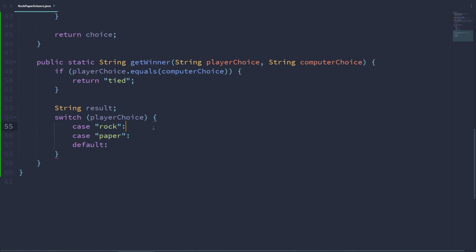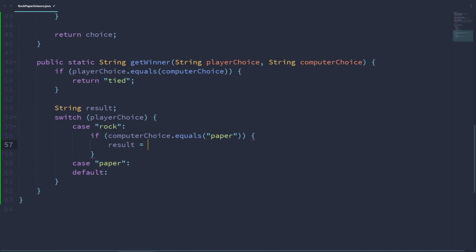So we're saying if player choice matches rock, what will we do? Well, we will be testing the computer's choice. So in the case that the player chose rock and computer choice is equal to paper, we know that the result will be equal to lost. If the player got rock and computer chose paper, we know that the player lost, right? Since paper would win against rock. So we do this, and otherwise,